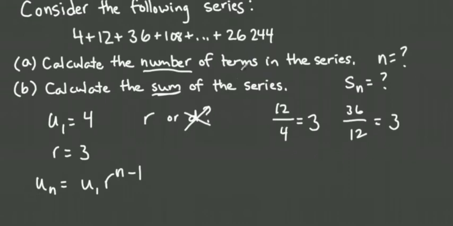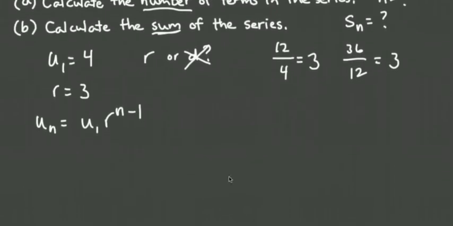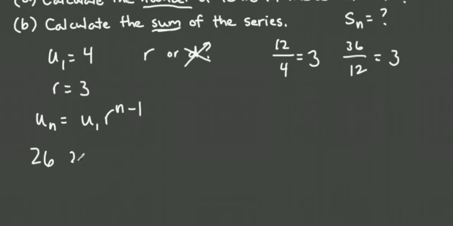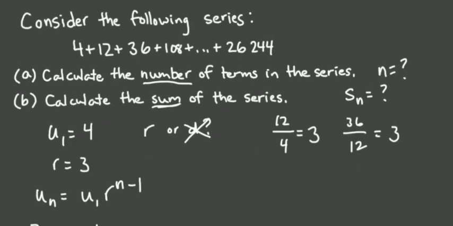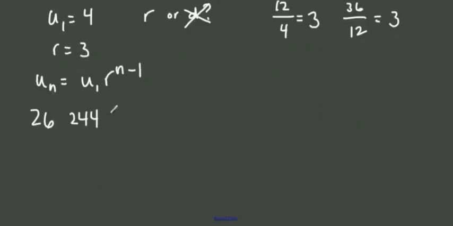So I have my last term, 26,244. I can't quite fit everything, so yeah, okay, that's correct. And that's going to be equal to 4, which is my first term, times R, which is 3, to the n minus 1. And now I need to solve for this. So that's of course a little tricky because the n is in the exponent. So either we have to use logarithms, which we haven't talked about yet, or we're going to use graphing in order to find that. So to make that easier though, to make the number smaller, I'm first going to divide